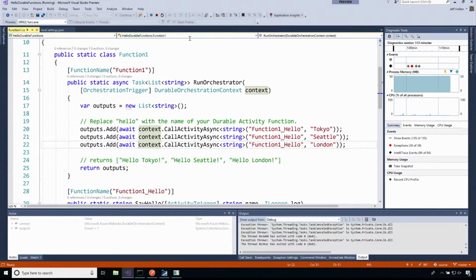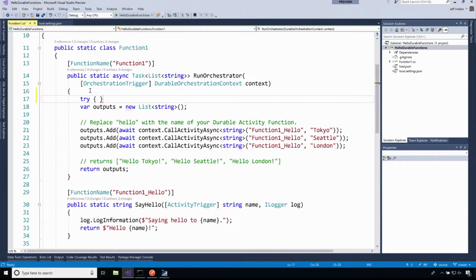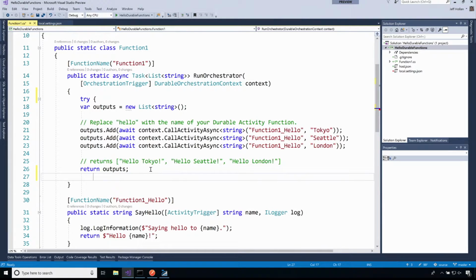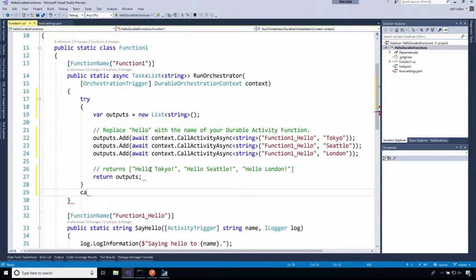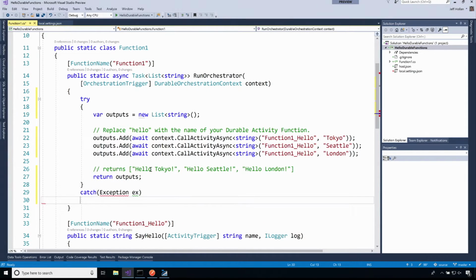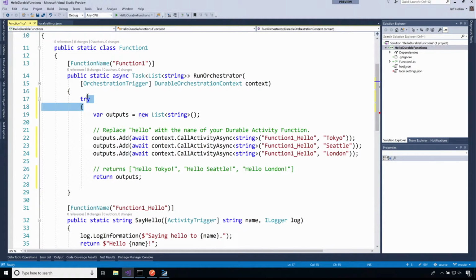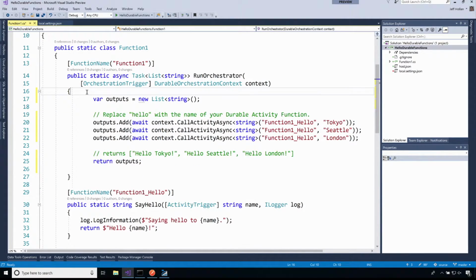The only other thing, and you saw this in the last slide, if I wanted to make this a little bit more error resilient, I could add things like a try catch block and just put try catch right over here. This is totally valid, right? Just my regular old C#, it's all good, okay? I could do things like an await all, and you'll see that in just a second. All right, so that's our first Hello Durable Function trigger.